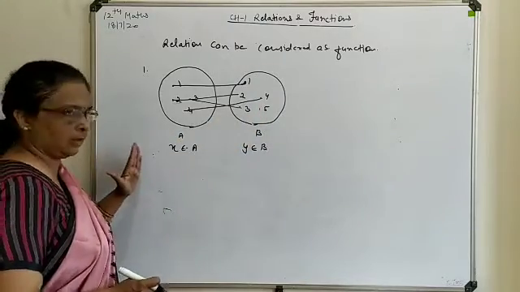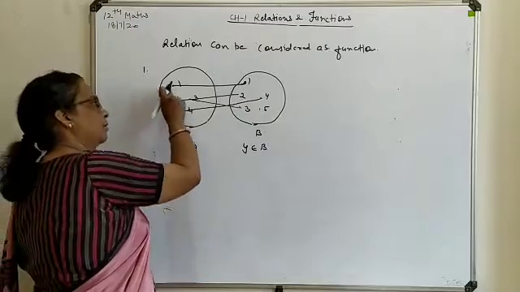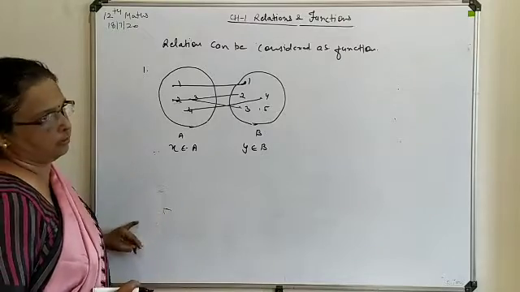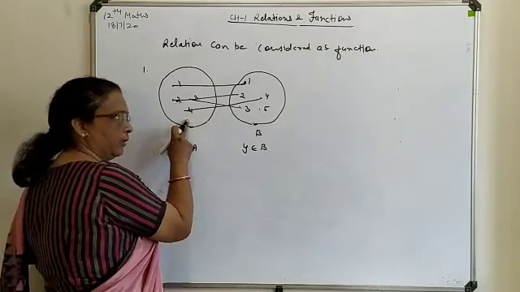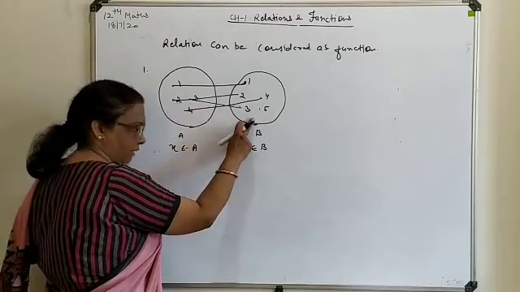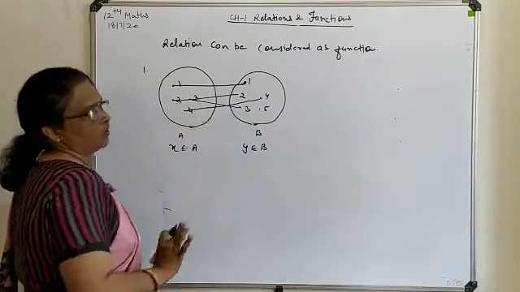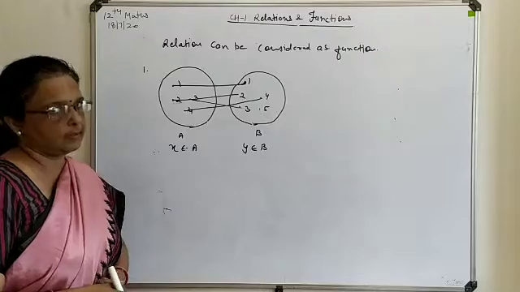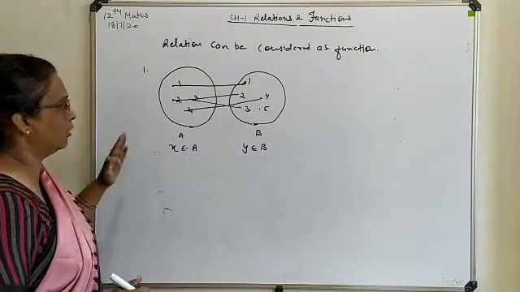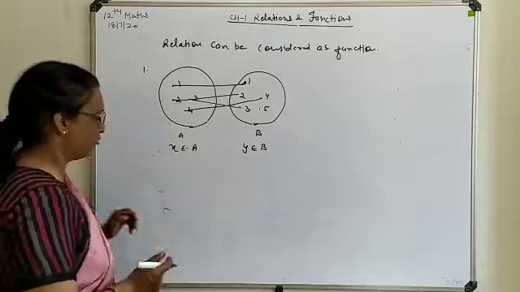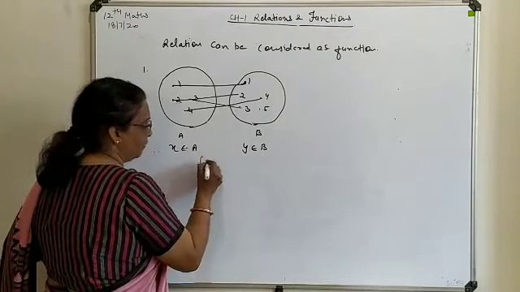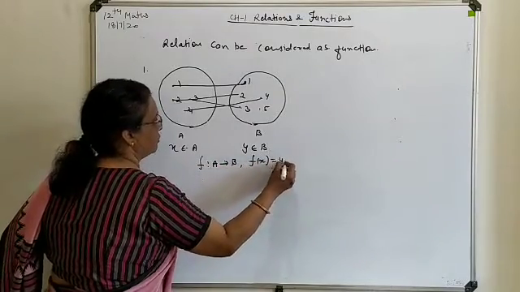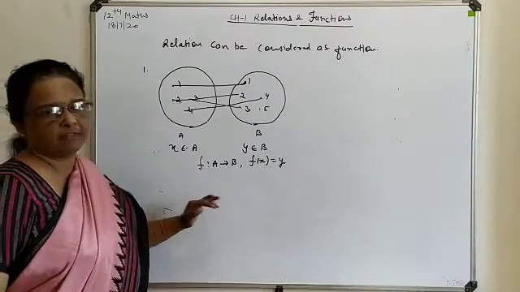So this category in which each element takes part in the formation of an image is known as a function. It means each element of the domain has its single image in the range. If this type of correspondence exists, such a relation we can consider as a function. If you are going to define this as a function, it is written as f from A to B such that f(x) is equal to y. This way you can define your function.